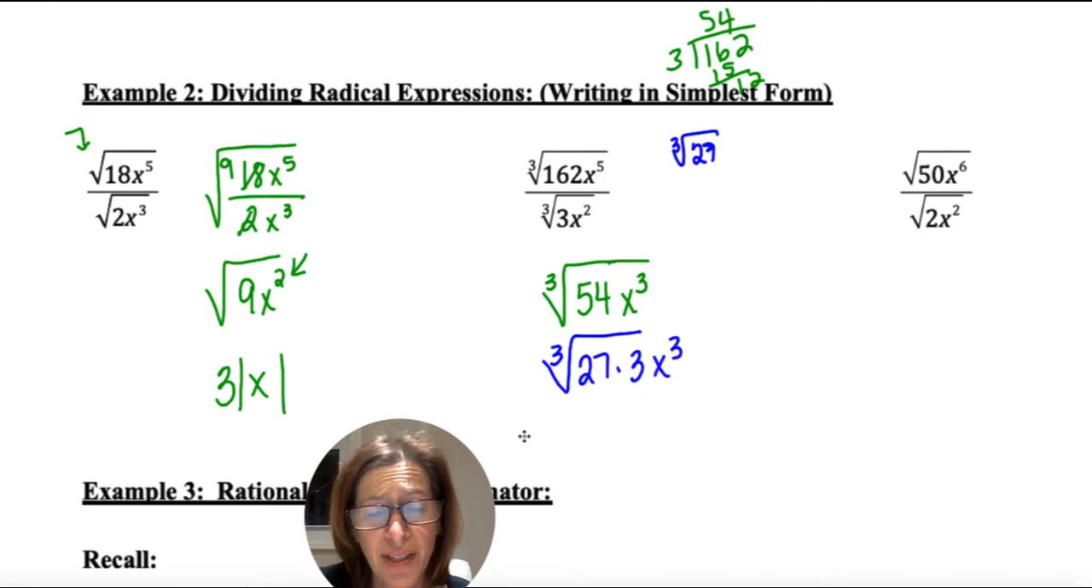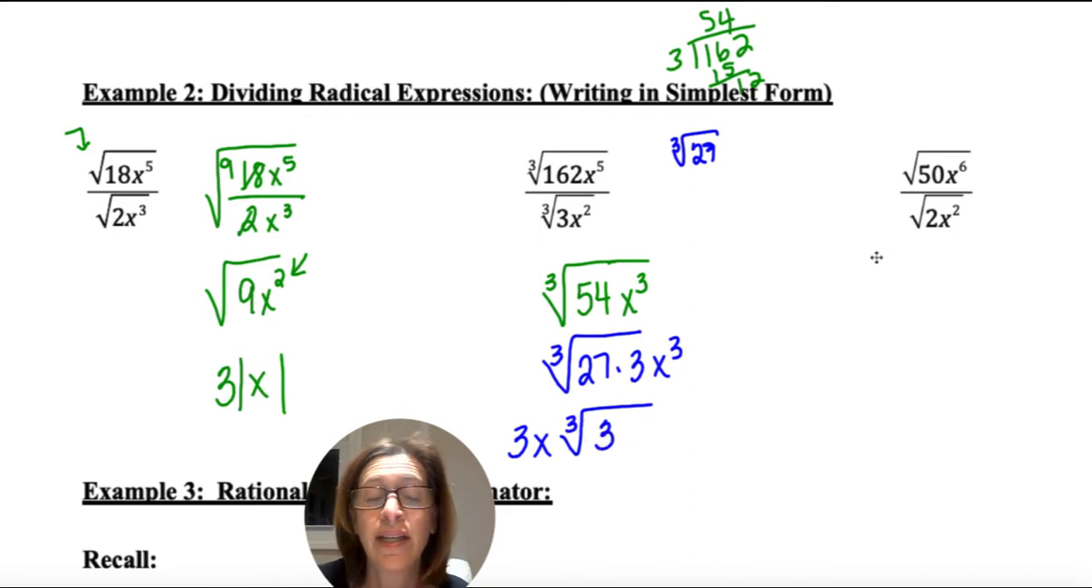So the cubed root of x cubed is x, right? And the cubed root of 27 is 3. So those are both now real numbers, and that cubed root of 3 would stay within the radical. All right, last one,